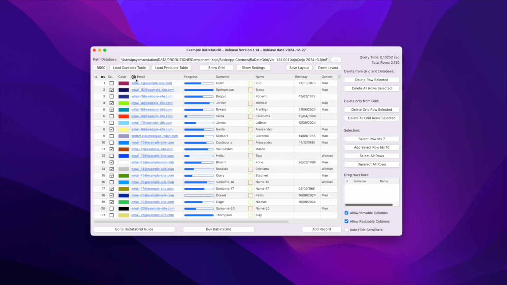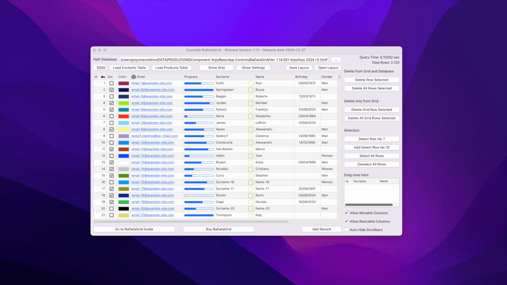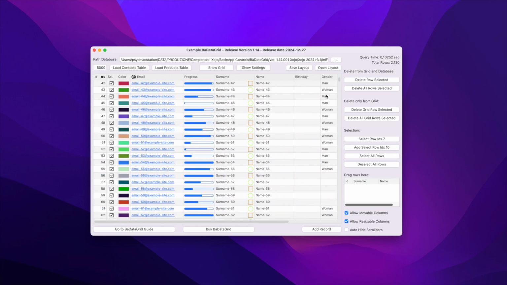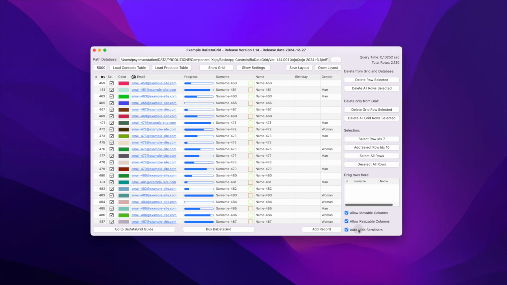The entire grid is completely customizable graphically, starting from the colors, fonts, dimensions of the columns, rows, header, and footer. The scroll bars can also be customized to better adapt them to your needs. In addition to dimensions and colors, the scroll bars can also have the auto-hide functionality, which allows them to be displayed only when you pass the mouse over them.